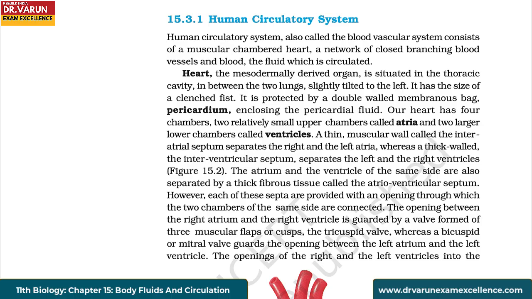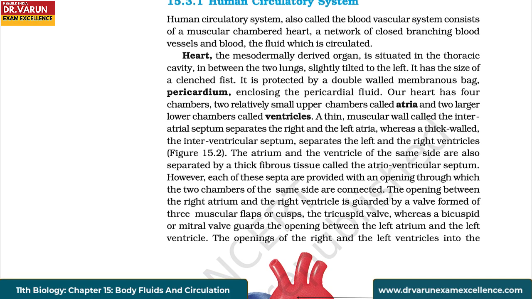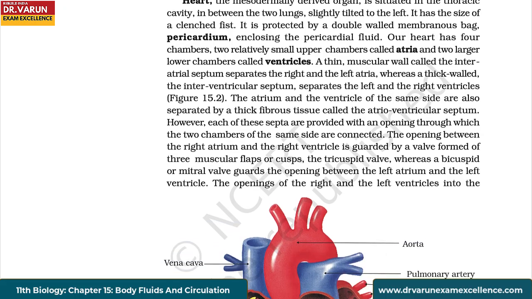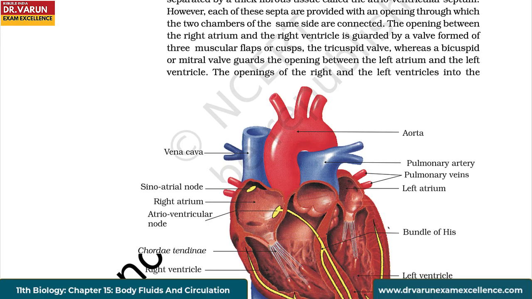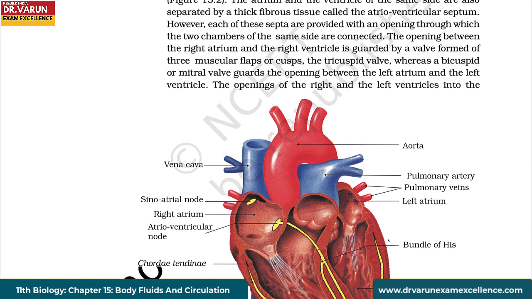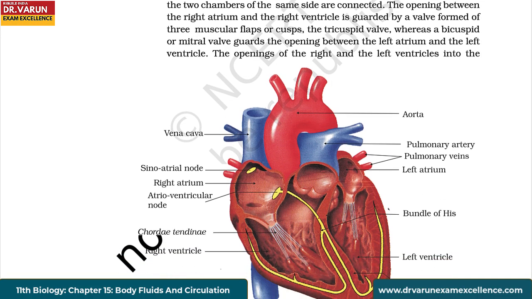Our heart has four chambers, two relatively small upper chambers called atria and two larger lower chambers called ventricles. A thin muscular wall called the interatrial septum separates the right and the left atria, whereas a thick-walled interventricular septum separates the left and the right ventricles. The atrium and the ventricle of the same side are also separated by a thick fibrous tissue called the atrioventricular septum. However, each of these septa is provided with an opening through which the two chambers of the same side